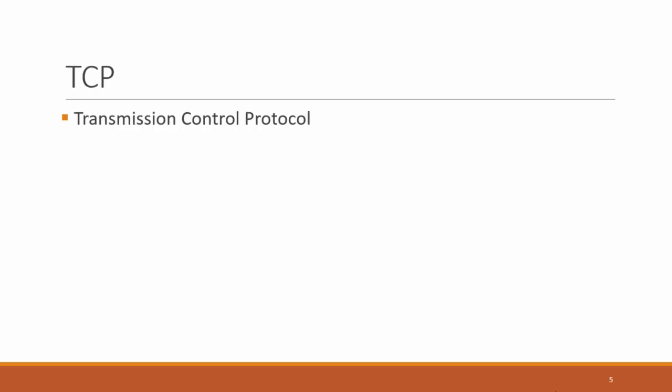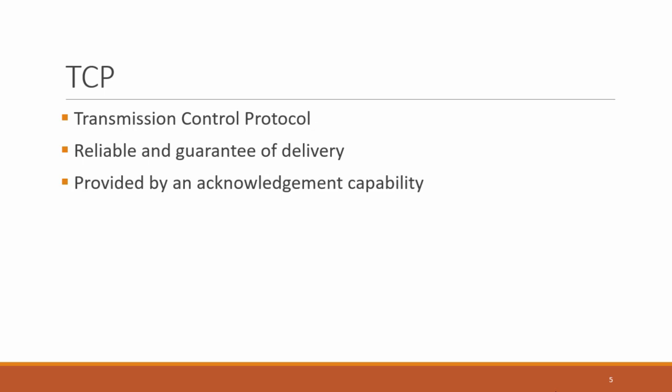And now we have TCP, Transmission Control Protocol. The main protocol for most of our network traffic we will analyze is that of TCP. This is because TCP is primarily used in the majority of the different protocols. It provides us that reliability that we need for network communications that require it. Remember, we have the guarantee of delivery. We get this guarantee of delivery by an acknowledge capability. That is, when the data goes out, we receive an acknowledgement that the data was received. Once we receive that acknowledgement, we continue on with the data.